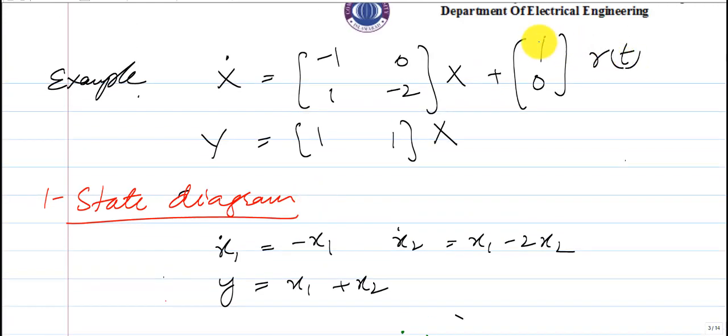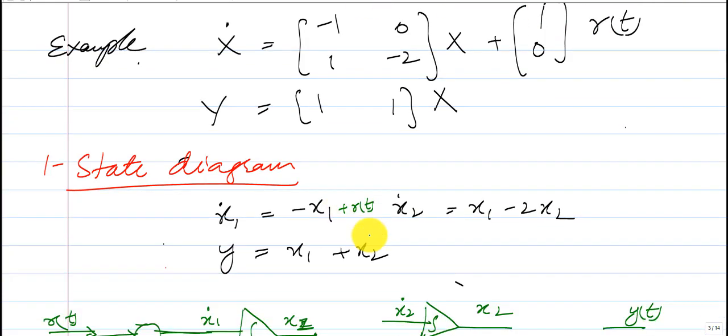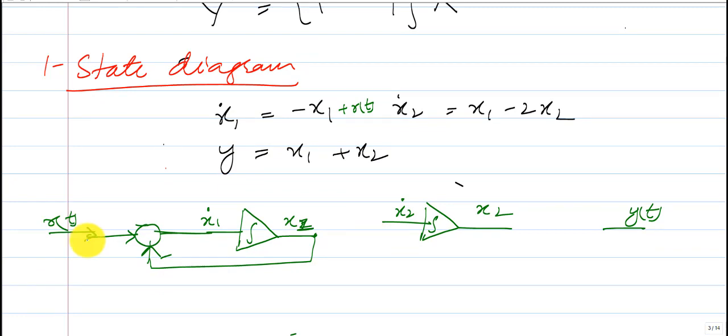Obviously this is r of t with it. I think I missed it here. So r of t. So now it's okay. So r of t plus r of t minus x1 will be x1 dot, and x2 dot is actually x1,